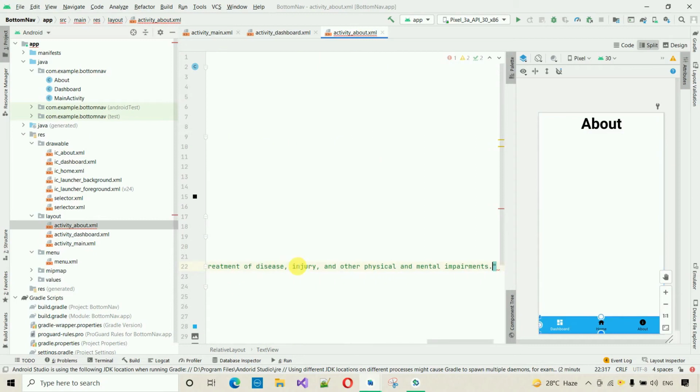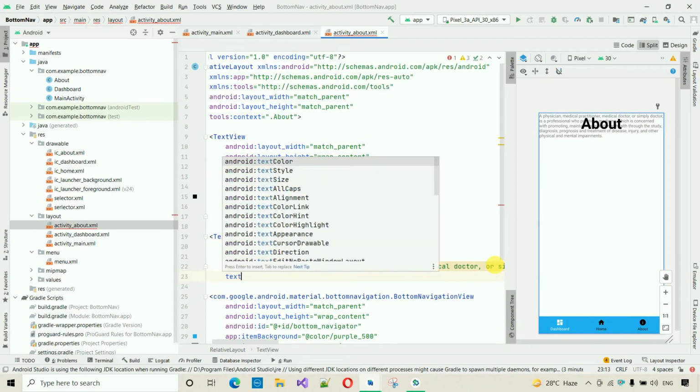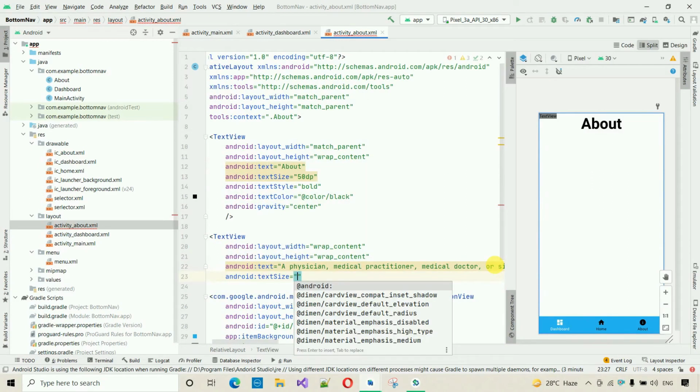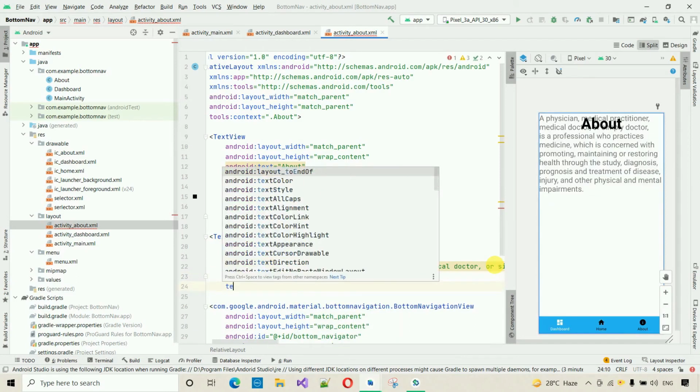I'm going to paste some text inside this one, and here you can see this. After this, what we have to do is set the text size. So text size, and inside this one I'm going to set 25 sp, and the text color will be